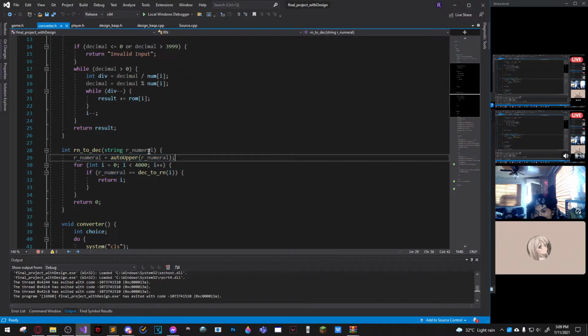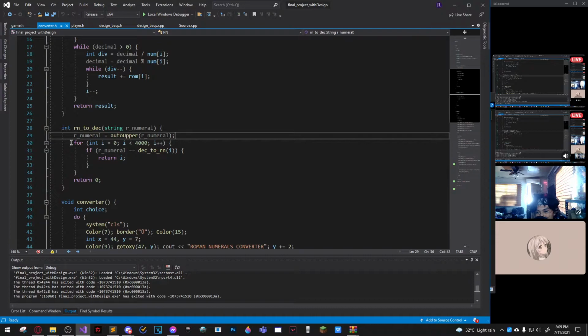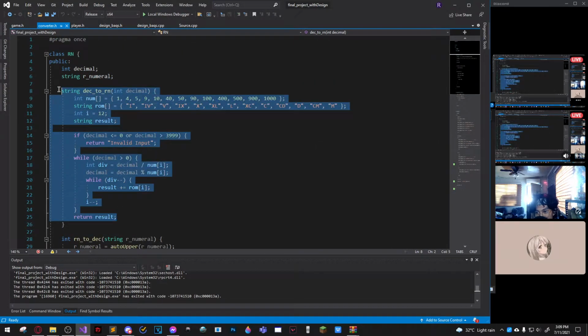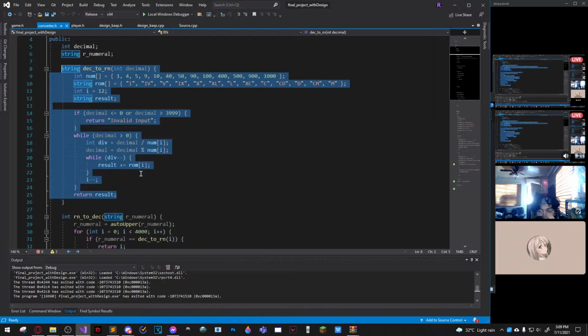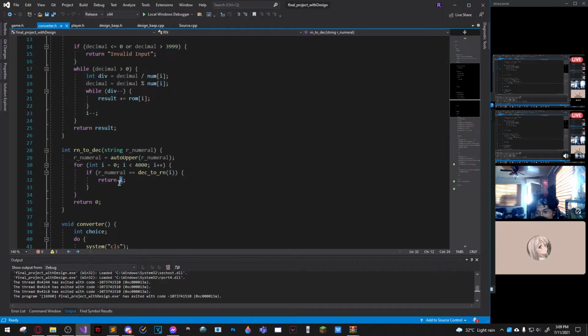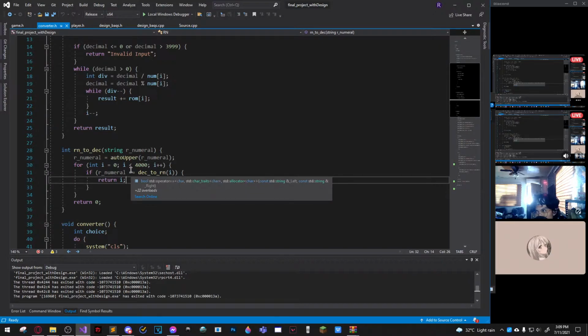So for example, I input v, and then I'm just going to search through all of the possible things here, and whatever decimal number was matched with V, that's going to be what's returned here. So for example, it detected that V is equal to 5, then it's going to return 5. So you can see here,